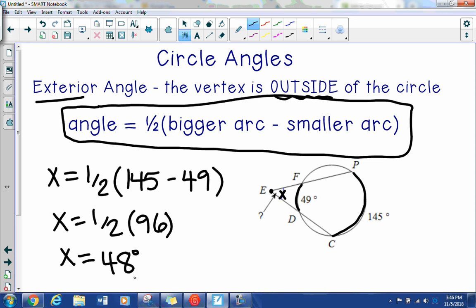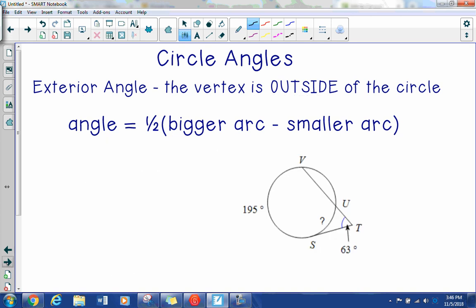Just like with all these other angle problems, sometimes they'll ask you to find the measure of the angle, but other times they'll give you the measure of the angle and ask you to use that to find the measure of an arc. So to show you one last example here, again, notice here's the vertex. It is outside of the circle, making this an exterior angle problem. So we're going to use the relationship that that angle is equal to 1/2 of the bigger arc minus the